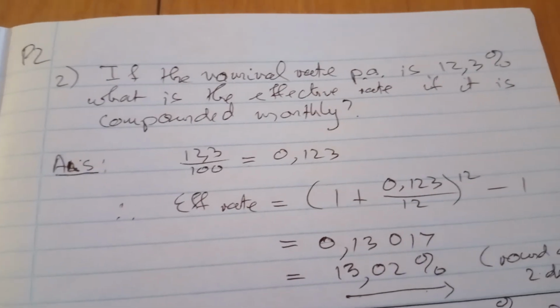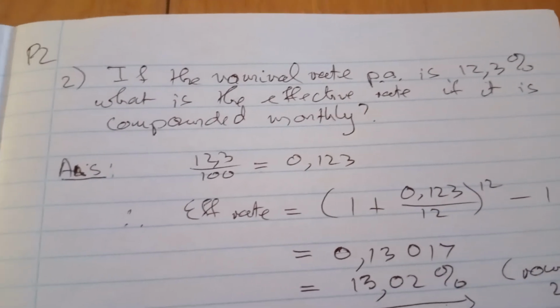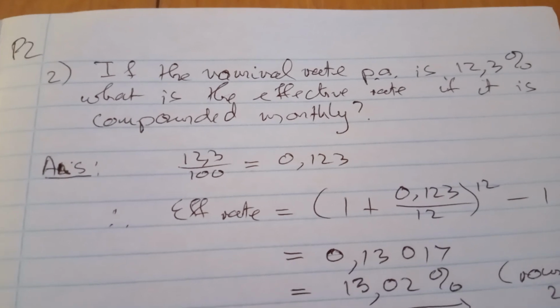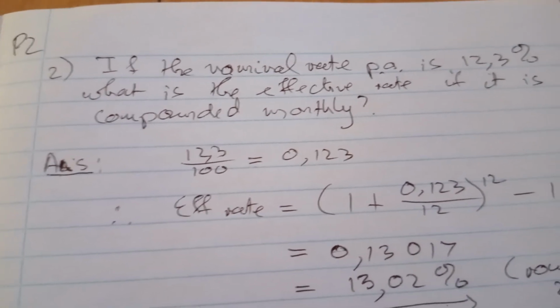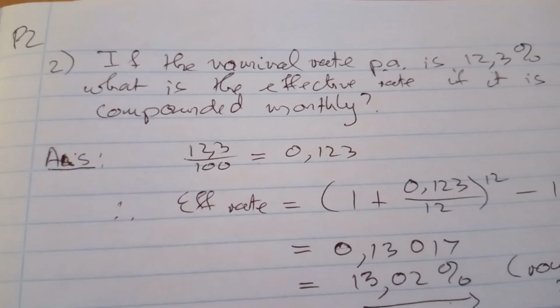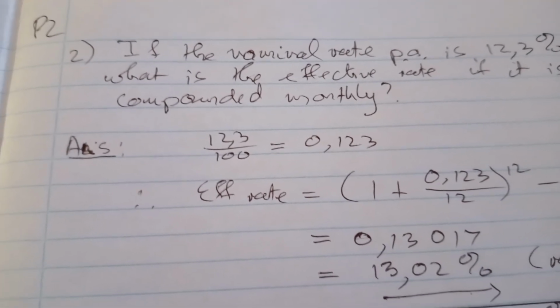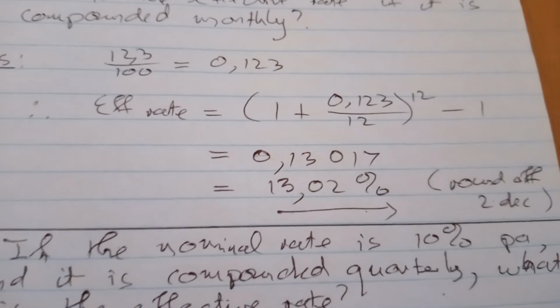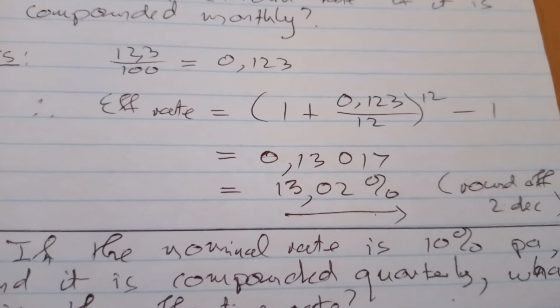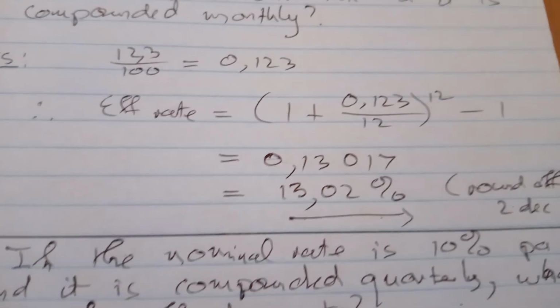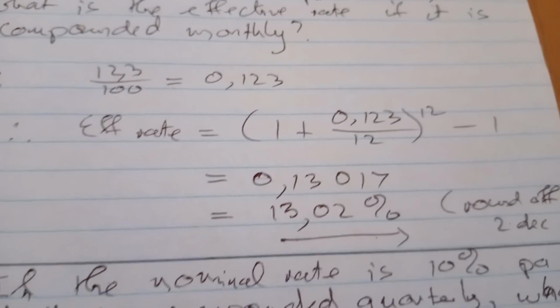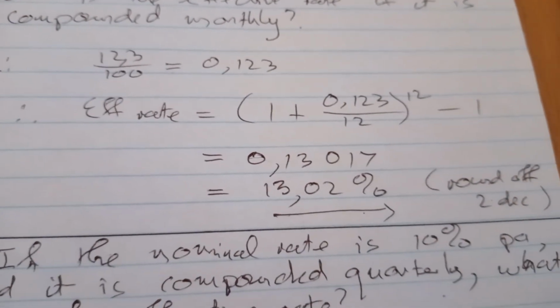Let's look at another example. Example 2, if the nominal rate is 12.3% per annum, what is the effective rate if it is compounded monthly? So again, we convert 12.3% divided by 100 gives us 0.123. The effective rate then is going to be (1 plus 0.123 divided by 12) raised to the power of 12 minus 1. And we work it out to be